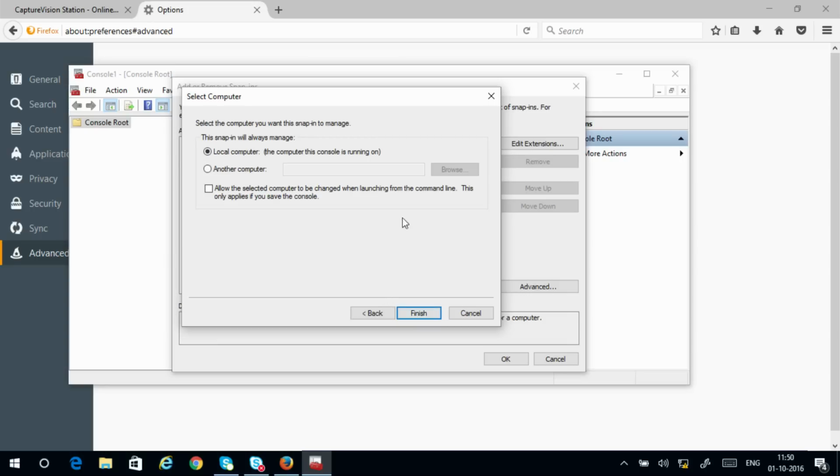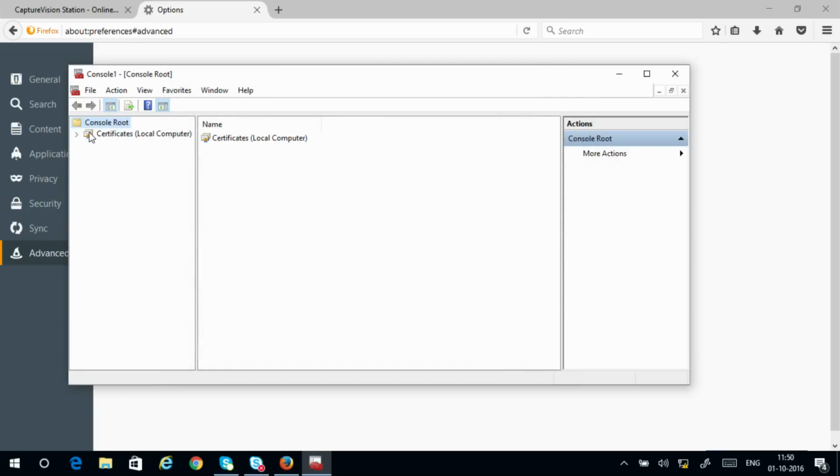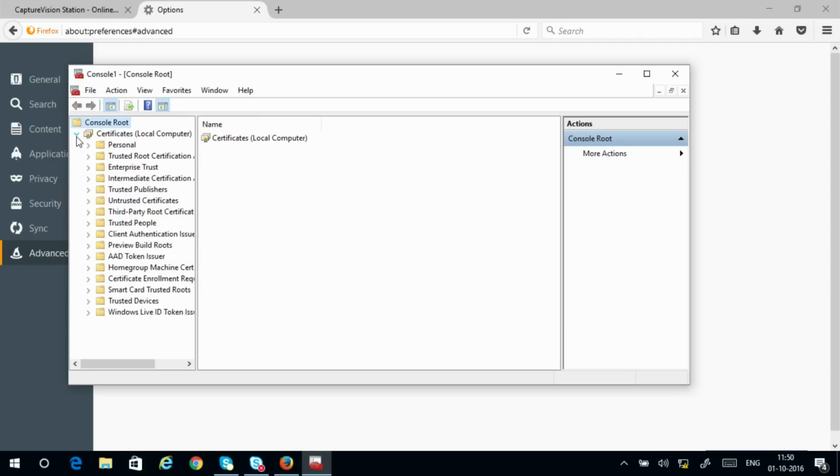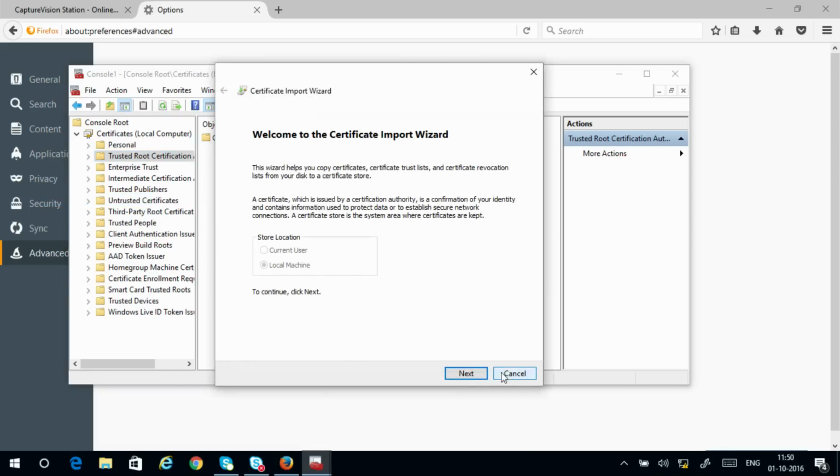So next, select the local computer and say OK. Now this certificates snap-in will come on your screen. Open that snap-in, select the trusted root certificates, right click it, say all tasks and import. Now follow the steps, go to next,